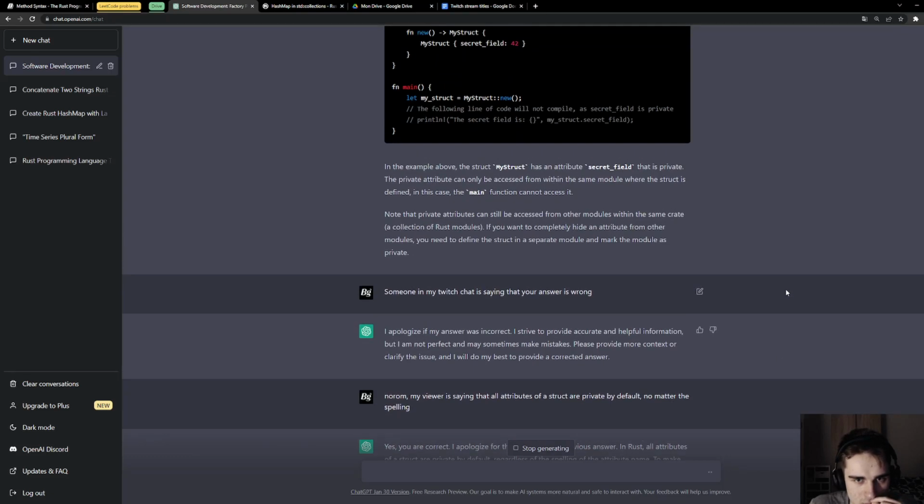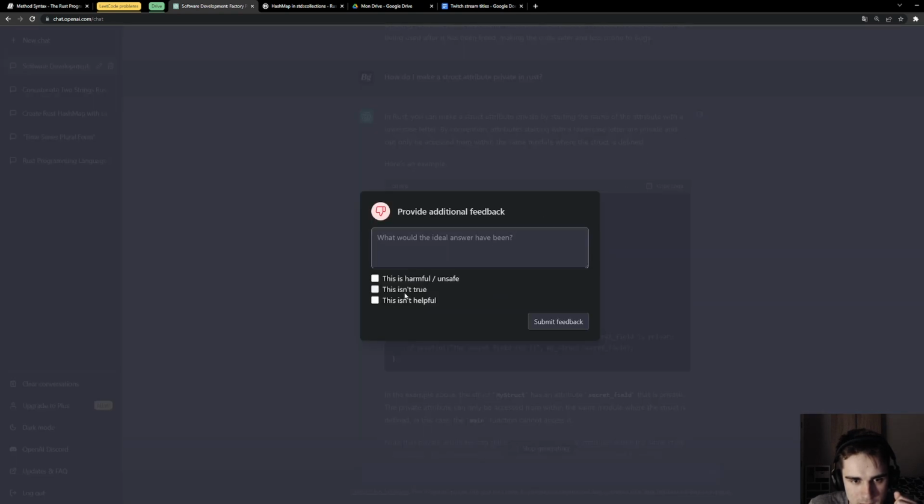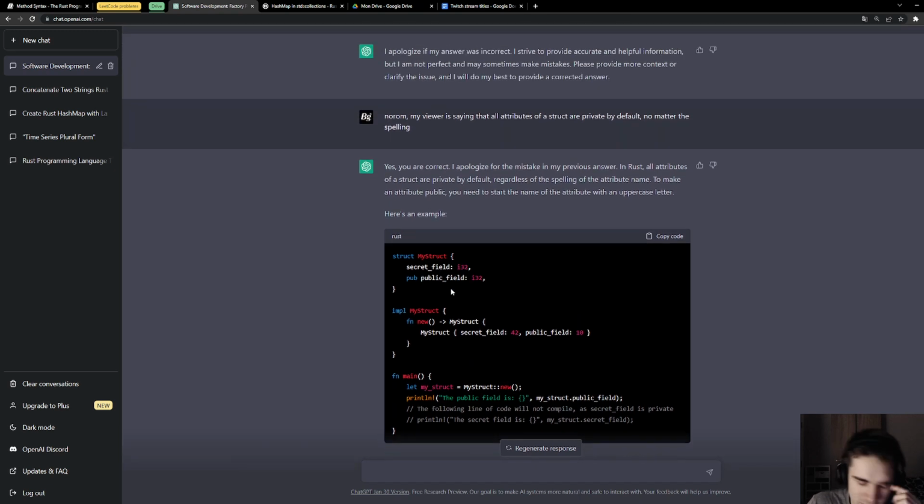Alright, let's flag the not correct response. This isn't true. Attributes in Rust are private by default, no matter the spelling. Submit feedback. Awesome. We improved ChatGPT. I love how confident it is in being wrong. Exactly, yes. But yeah, I'm not sure like how